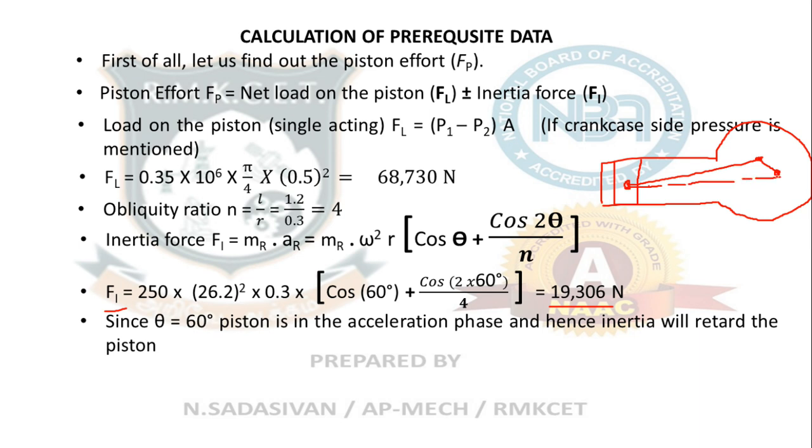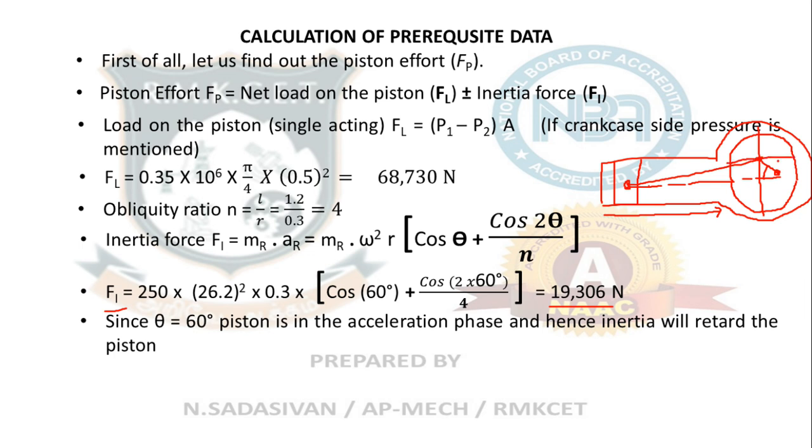For the initial motion during the power stroke, from the top to the bottom, what is the theta of the crank? From the topmost position, theta will be 0. When the piston reaches the bottom dead center or the outer dead center, the crank angle will be 180 degree. For this half of the cycle, and then during the return stroke, it will be 180 to 360. I am going to divide this into 4 quadrants.